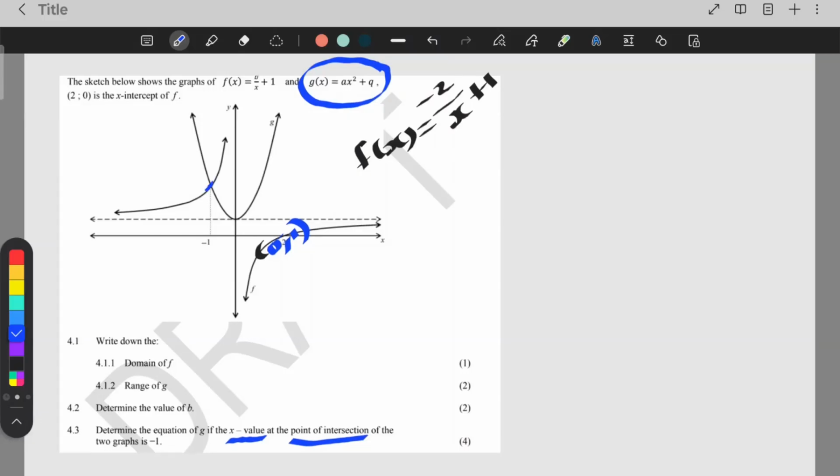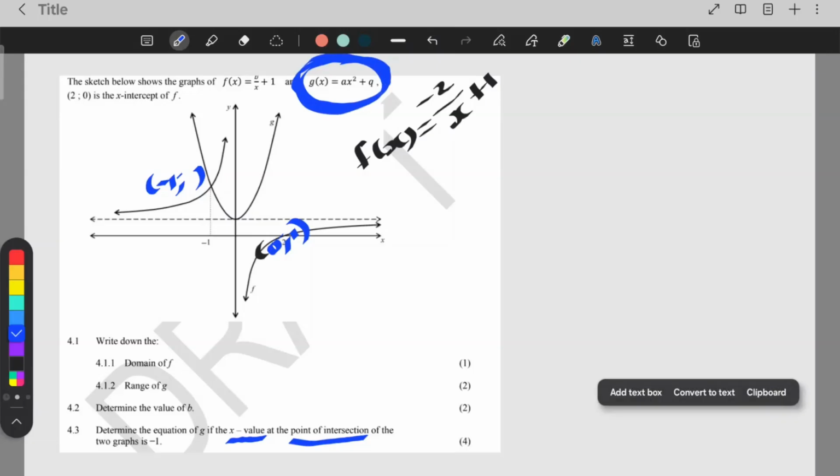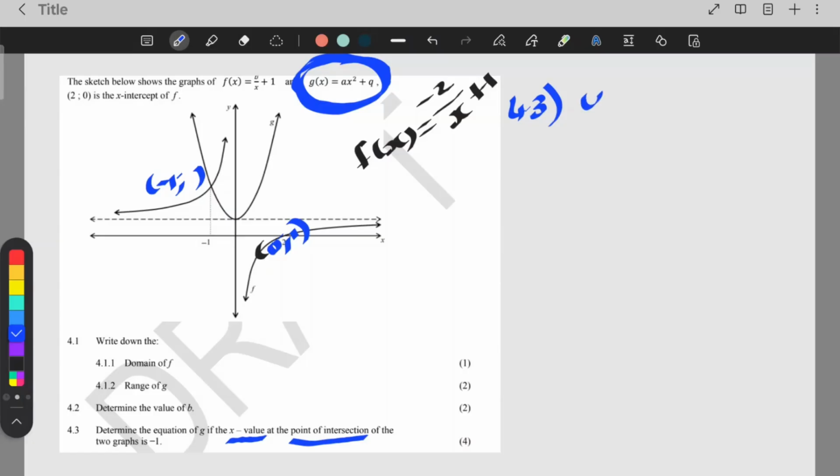So do you see this is a point of intersection and that x value there is -1. So that point of intersection, -1, and we don't know what the y value is. Okay, so now they want you to use that to find this equation of the parabola. Let's write 4.3. So to find the equation of a parabola, what